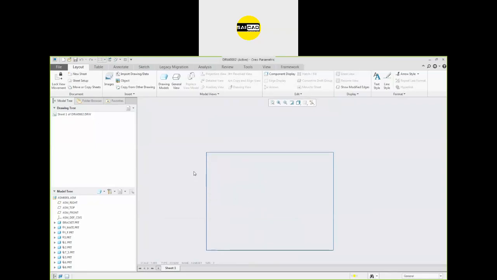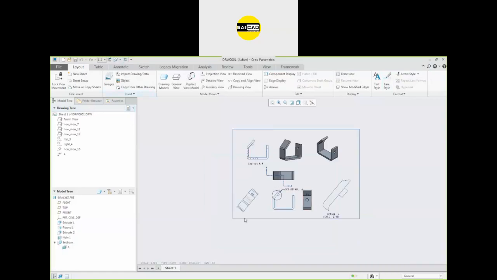Okay, so go back now. So now you can see if you want a format sheet setup, you can insert that from the new file, and you can use that. After that, you have to insert the views inside that.